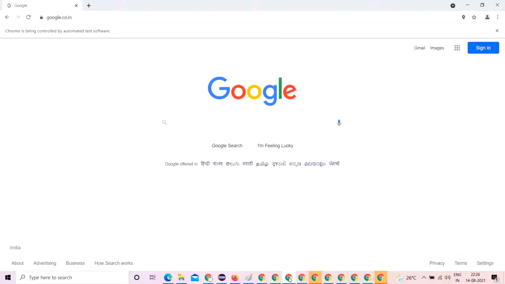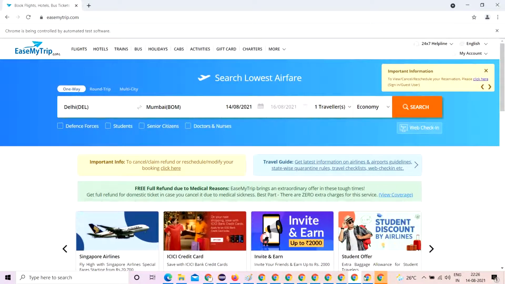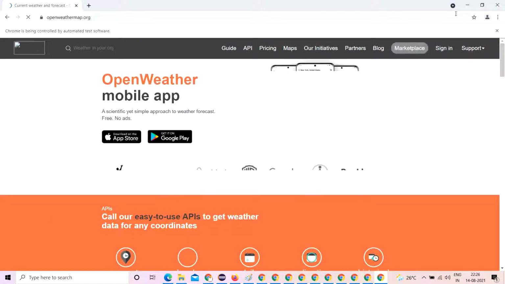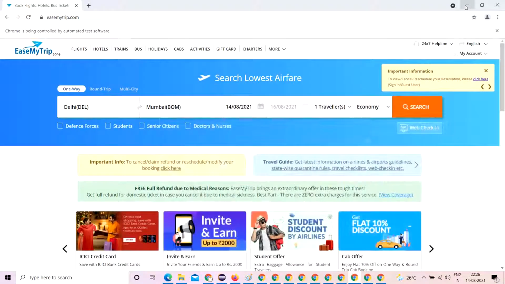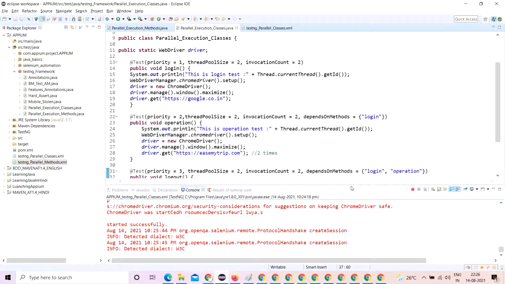Nothing is opened here, nothing is opened here. Google opens, Google opens. Okay, IRCTC opens once. Okay, it is still opening. Ease My Trip has opened once. Here Open Weather Map is struggling to open, but Open Weather Map has opened. So slowly and steadily everything will clearly open, but we have to actually wait and see